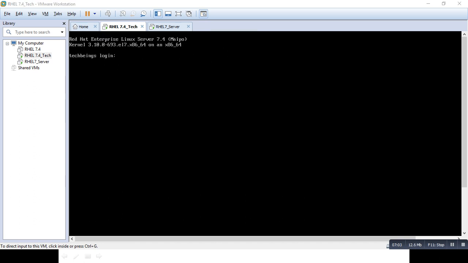Now that my system is rebooted, I will check and verify whether the password has been changed or not, with my new password. Yes, it is successfully changed.